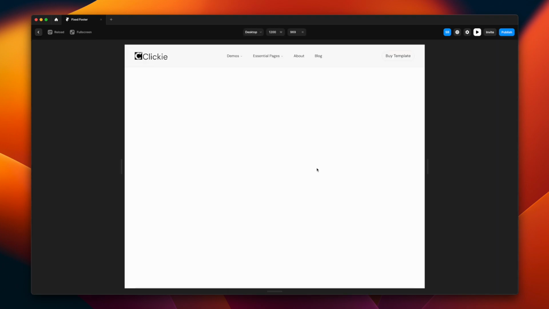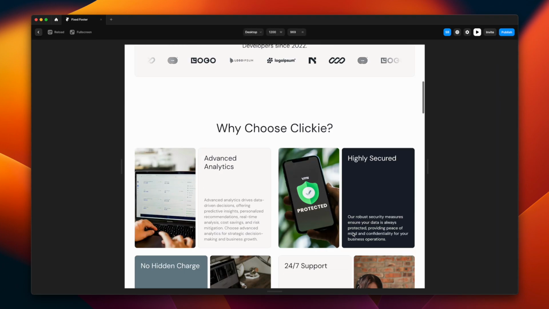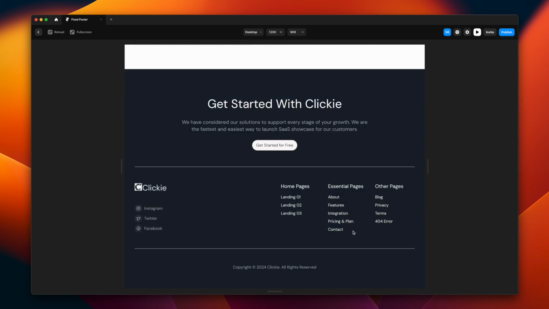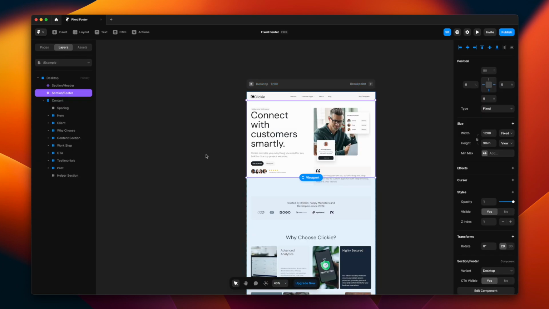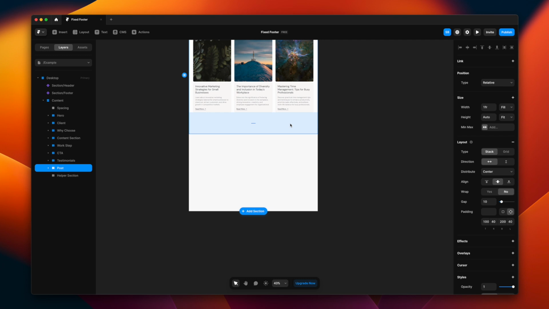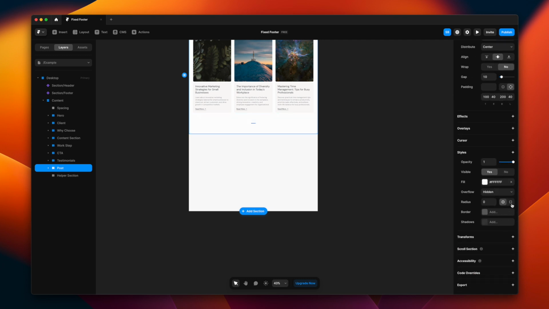I don't know why we keep doing that. So yeah, now if you scroll all the way down, that's your sticky footer. You can definitely make more changes to it if you want to, the same changes that we did previously. Let's just do that. I'm selecting this last section right before the helper section, and I'm also adding a border radius here, bottom right and bottom left, around 60 pixels.